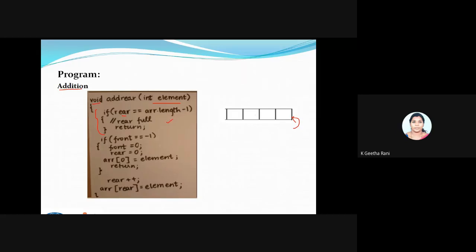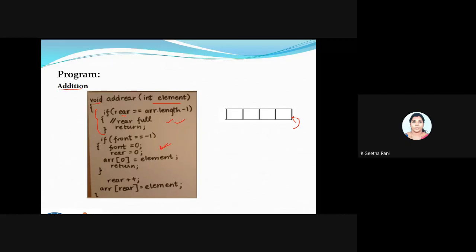Fine. And second one is assume I'm going to have no value inside this. Okay, this condition is used to check whether I'm having an empty queue or not.